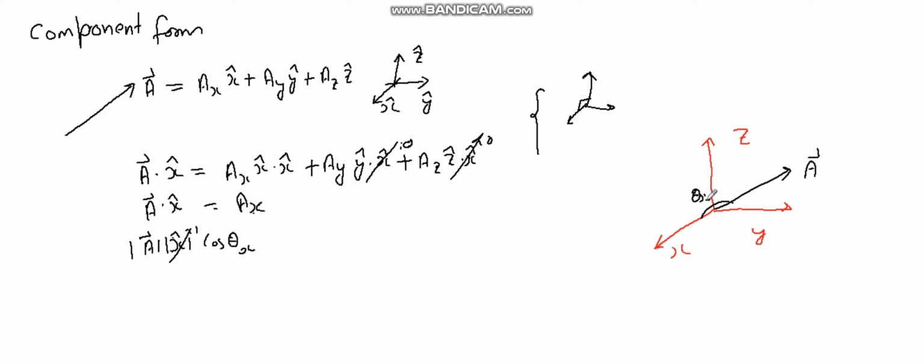So Ax is the magnitude of A times cos theta x. Ax represents the projection of the A vector onto the x